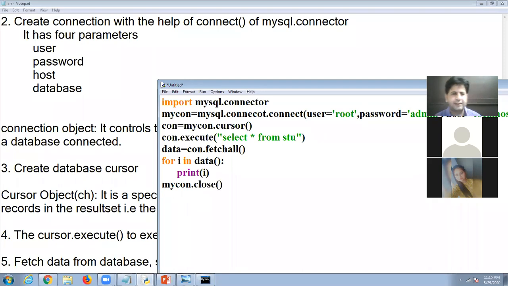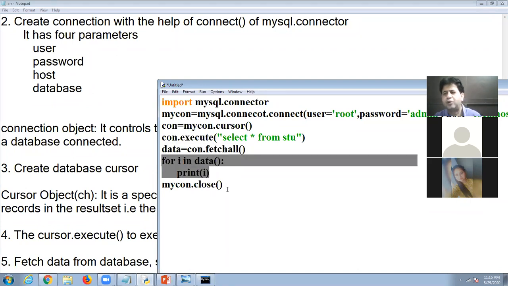So look at here the steps: import MySQL connector, set the connection with the help of the connect function, then create one cursor, execute the query, get the data from the database, and one by one display the data on the screen, and at the end close the connection.